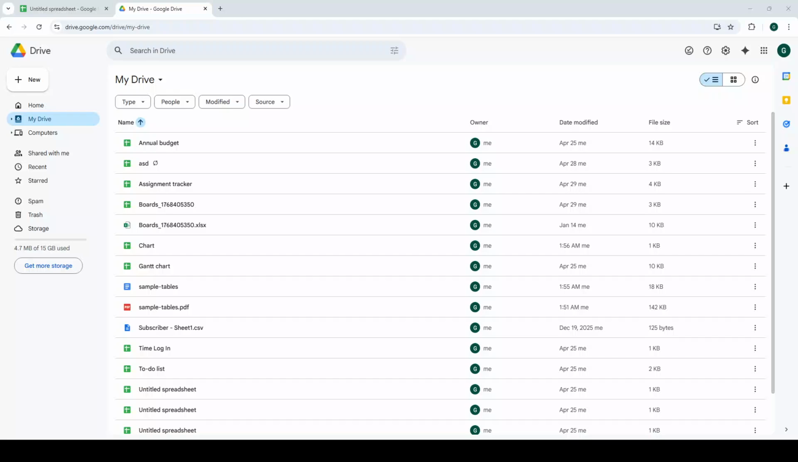In today's video, I am going to teach you how to extract data from PDF to Google Sheets. To get started, open your Google Drive in a web browser. This method works best when your PDF contains selectable text or a clear table. If the PDF is a scanned image, the results can vary, but Google may still recognize some of the text